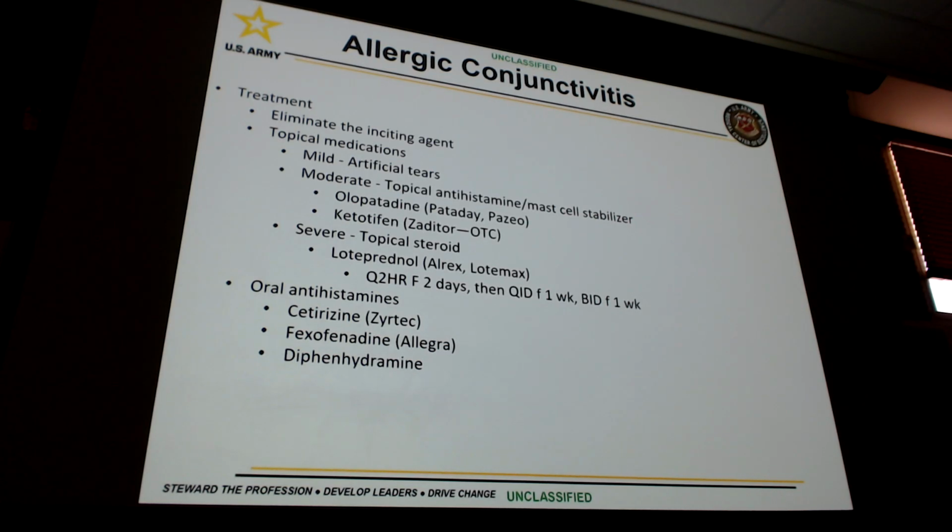So what we can do instead is perhaps prescribe artificial tears. Probably not, though. That's not going to do anything. Patients coming to you complaining that their eyes are itching, please don't just prescribe an artificial tear, because that's not going to do anything for their eye itch. Rather, you should prescribe a topical antihistamine. Now, there's only one on the formulary, and it's Patanol. Don't prescribe that. Instead, and you can write this down, tell your patients to go get Pataday once daily